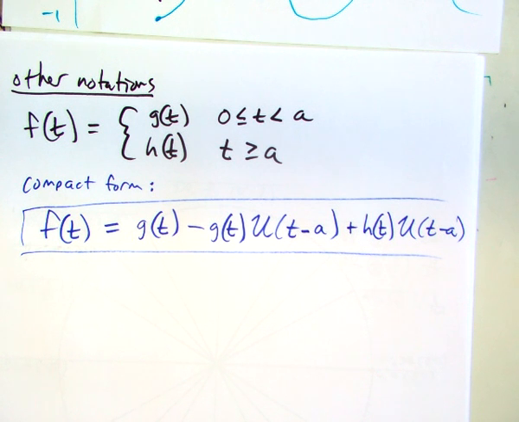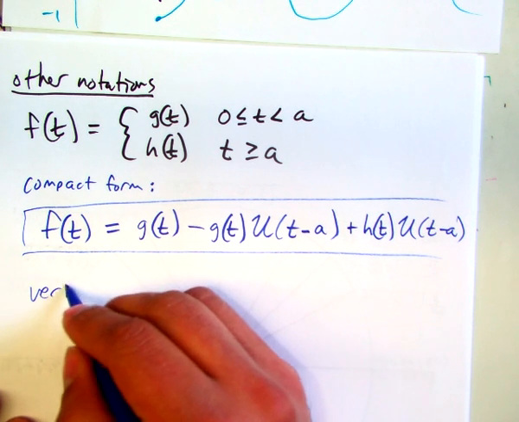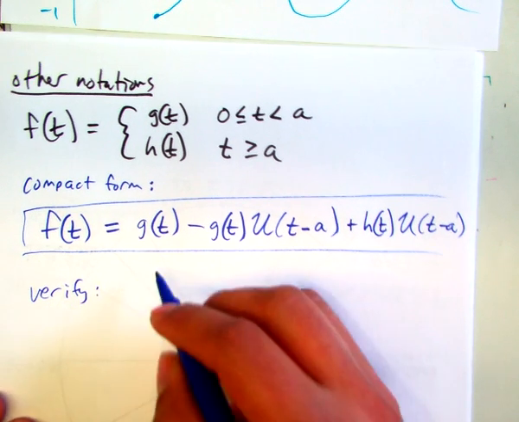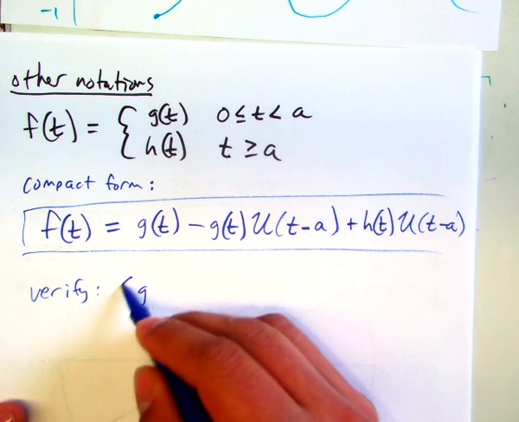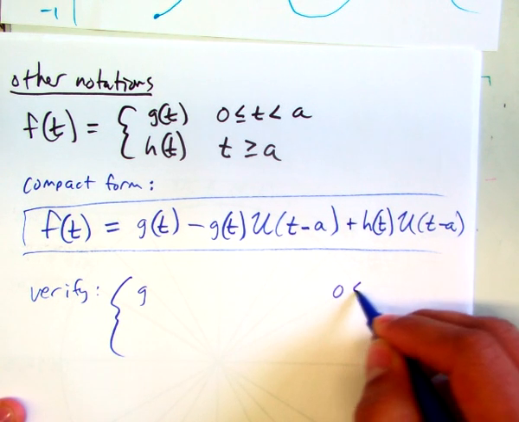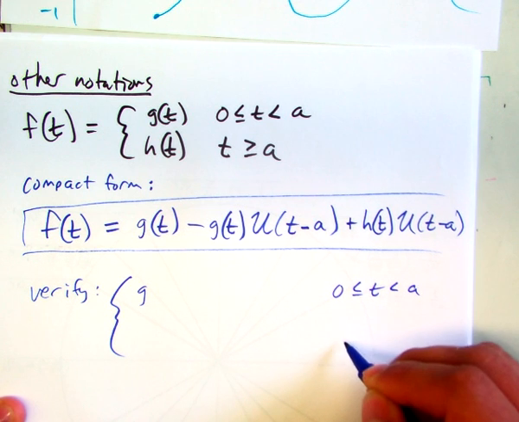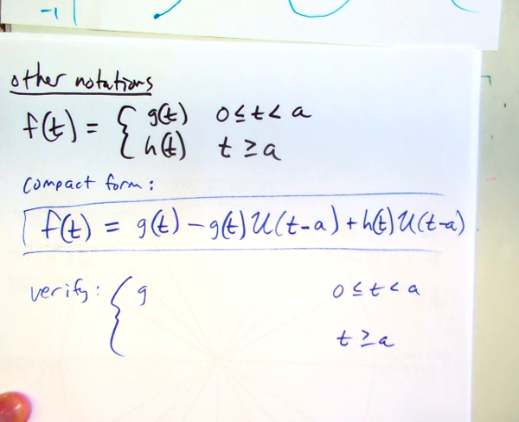Okay. That's kind of the intuitive way of doing it. Now, if you don't believe that this works, you could verify it using the definitions. If we take g of t, well, we have two pieces, right? From 0 to a, and then from a to infinity. So if I have g of t